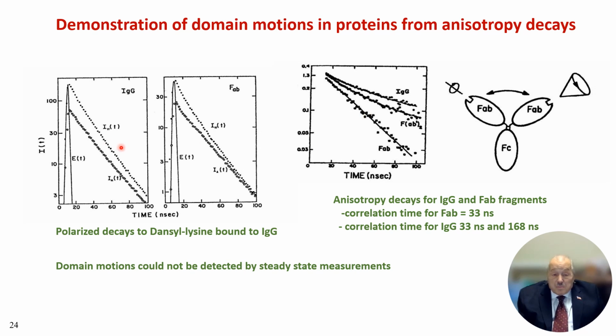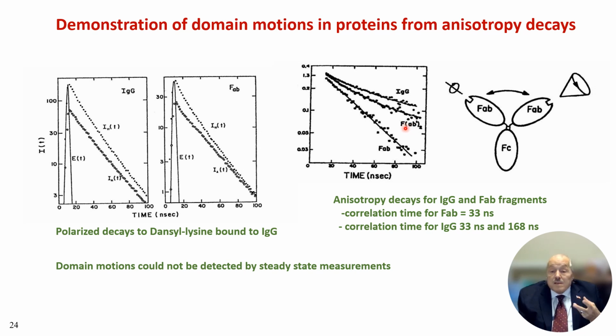I always like to show the primary data first, but here FAB has a relatively fast correlation time of around 30 nanoseconds, but when we get to the IgG, it's a multi-exponential anisotropy decay, and that's due to the domain